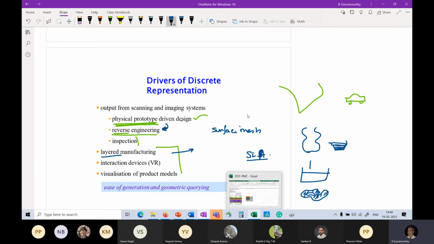That's the process. But as I said, that's not important. What is important is that they realized that this process, with the laser and the chiller and all kinds of paraphernalia, would probably succeed as a service opportunity, which meant that people would have to send their CAD models to the service operators and get the physical prototypes back.